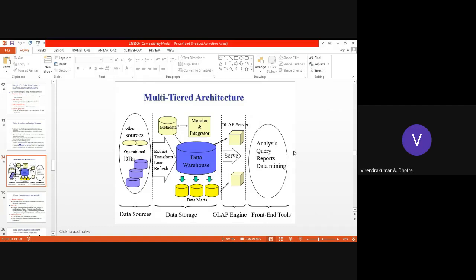As an end user, I fire a query and give my requirement, and the entire process, which has different data sources, metadata, extracted, transformed and loaded data, and data marts, given through the servers, will return the results to the fired query. So this is how the multi-tiered architecture of a data warehouse will work.